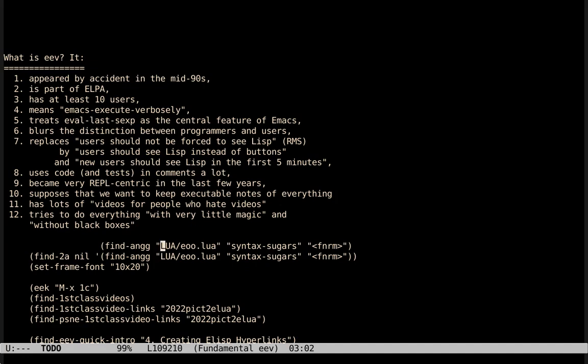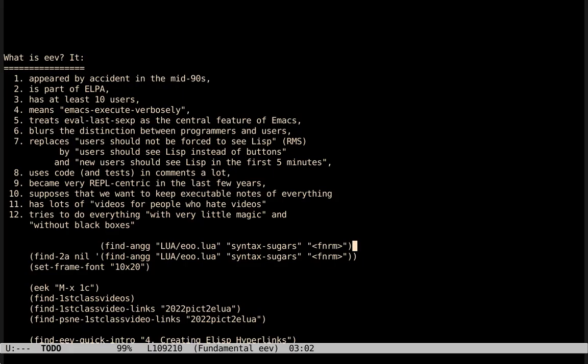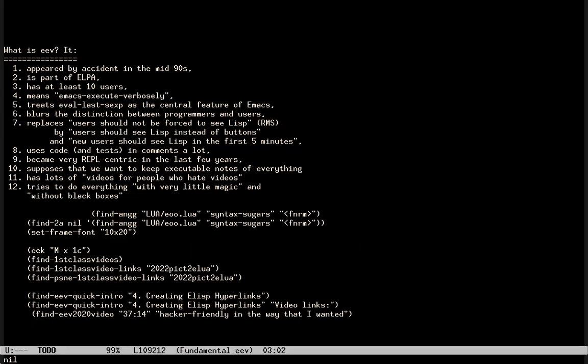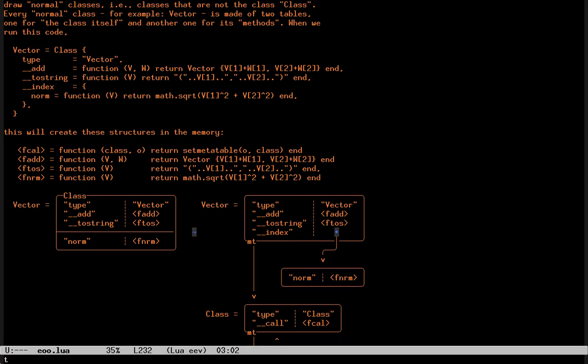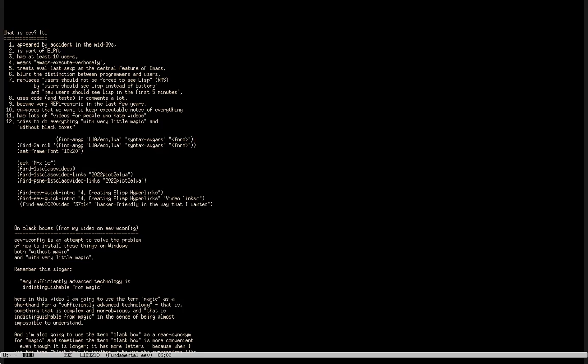This is a figure that I'm going to show in detail soon, that is about something important about Lua. Oops, the font is very bad now, so let me change the font. The figure is this one. What most people do when they visit a file with something interesting on it is that they just go there and they set a bookmark there, or they put the position in a register.